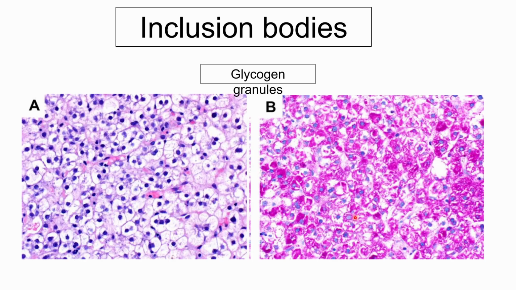A and B are taken from the same tissue sections, but A is stained with a routine H and E, while B is stained with PAS, which you've already studied, no? So again, your glycogen granules don't really absorb either hematoxylin or eosin, but they absorb PAS stain. That's why you will see pink structures in PAS stained slides containing glycogen granules, okay?